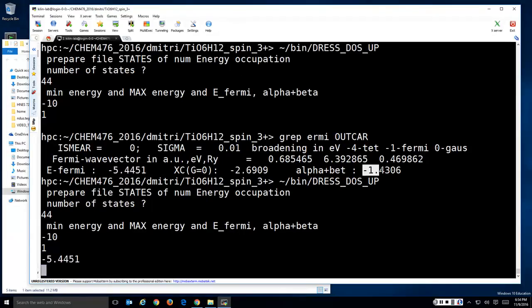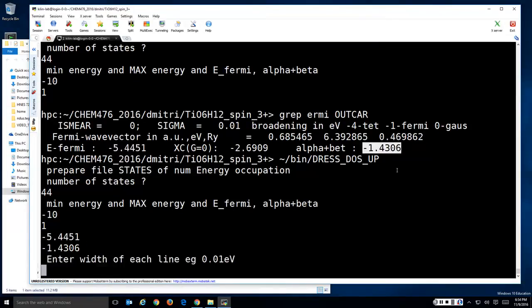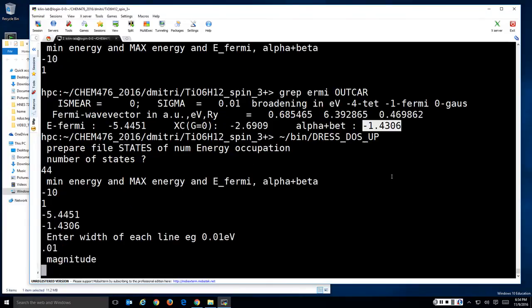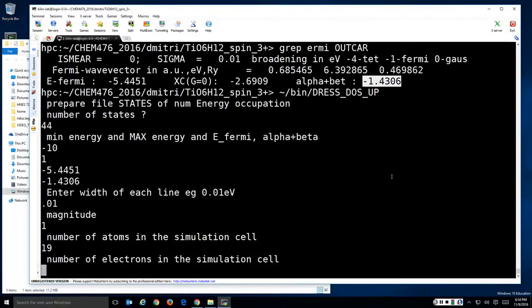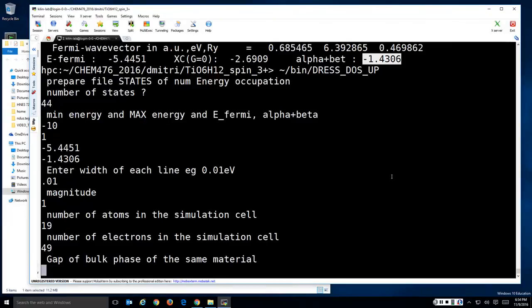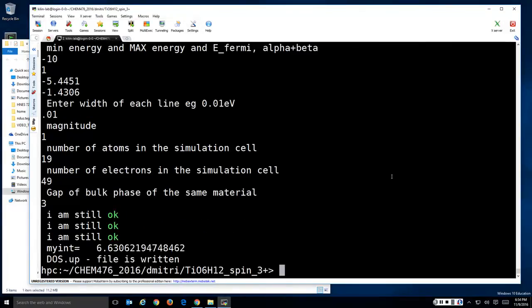Alpha plus beta, thermal width 0.1, magnitude 1, number of atoms something like 19. Makes sense. Number of electrons 49. Gap of titanium, well, it doesn't change anything. Like it's 3. DOS up is written. Now I am enjoying to see